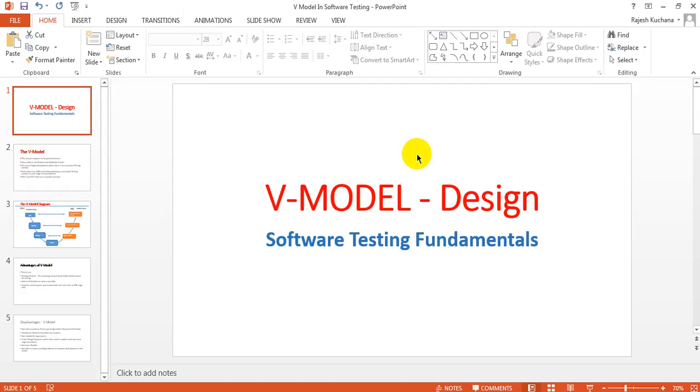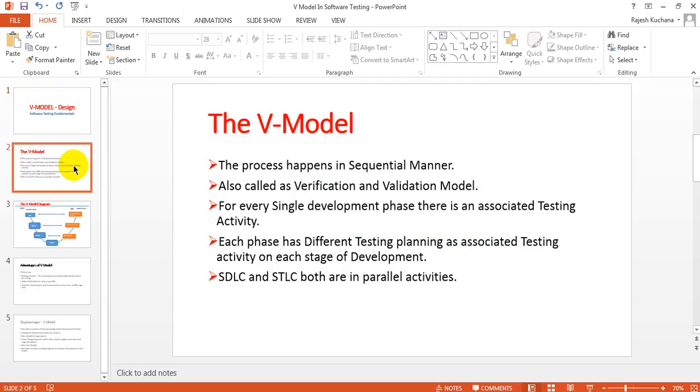It is a very important topic in software testing, as well as very important for interview purposes also. Definitely you will get 2 questions on this V model. Okay, and when coming to V model,